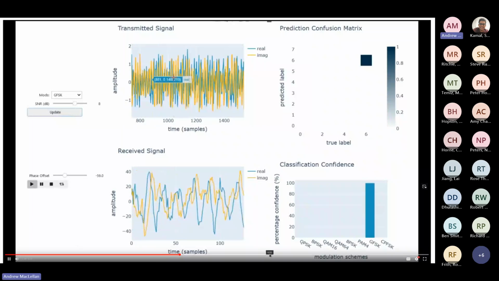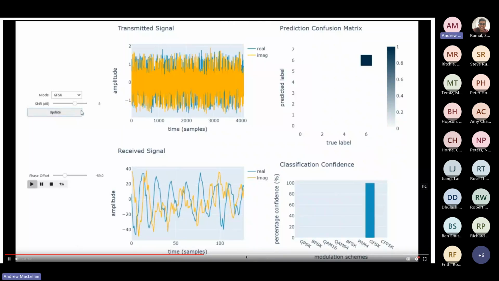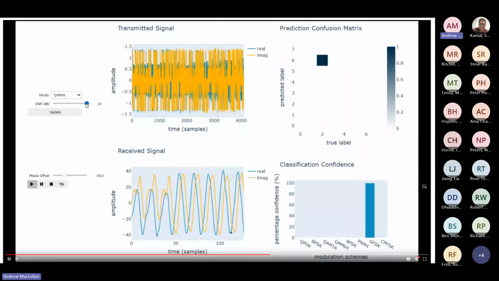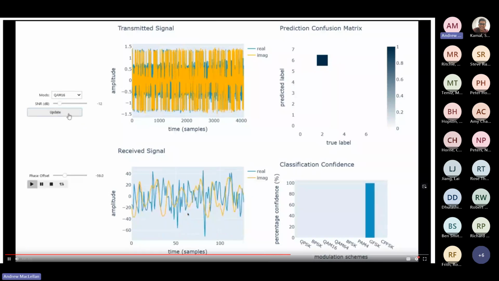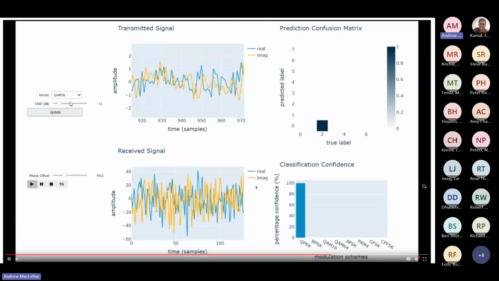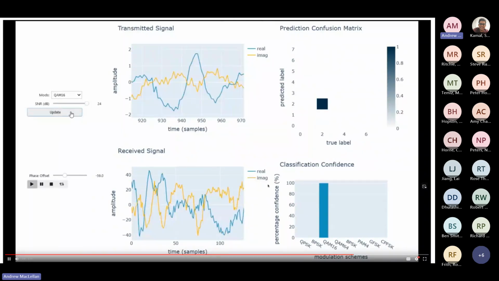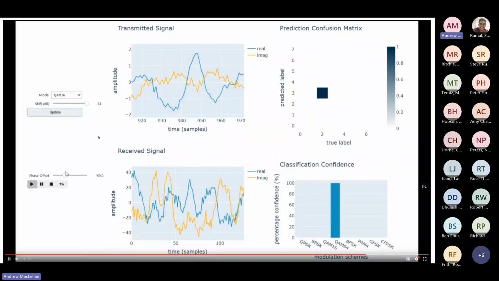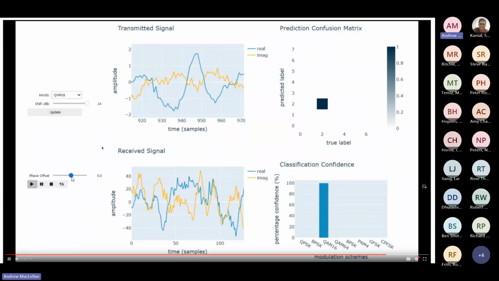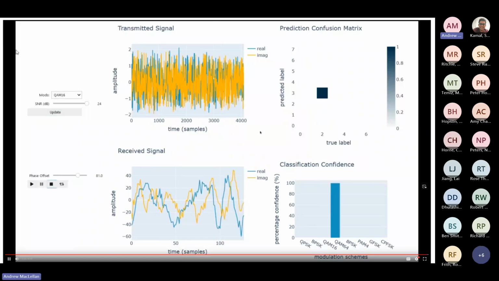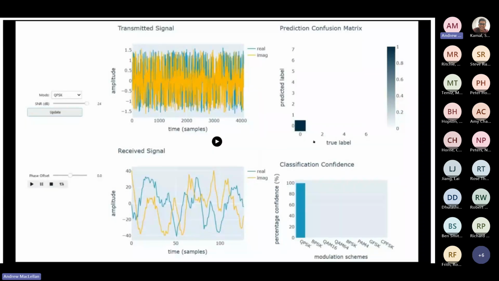But if we move to a different modulation scheme, such as QAM16, and put that to a terrible signal to noise ratio, we can see that the neural network's not really figuring it out that well, and it's kind of jumping around the place. If we increase it to 24 decibels, we see that it's still a little bit confused between QAM16 and QAM64, which I would expect, given that QAM16 and QAM64 are the most similar modulation schemes in this test.